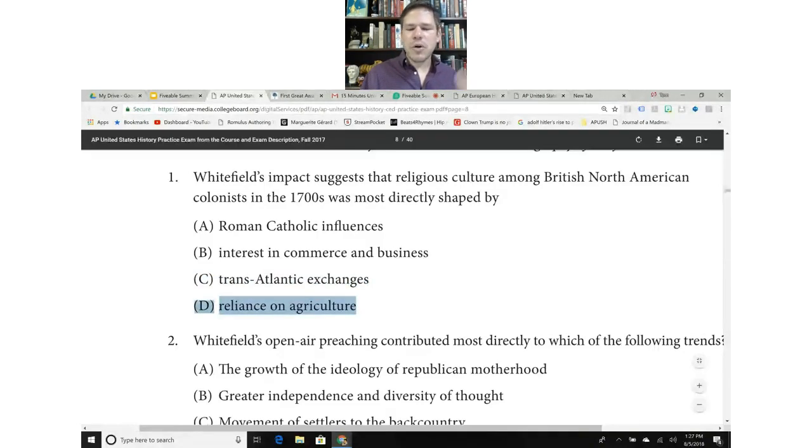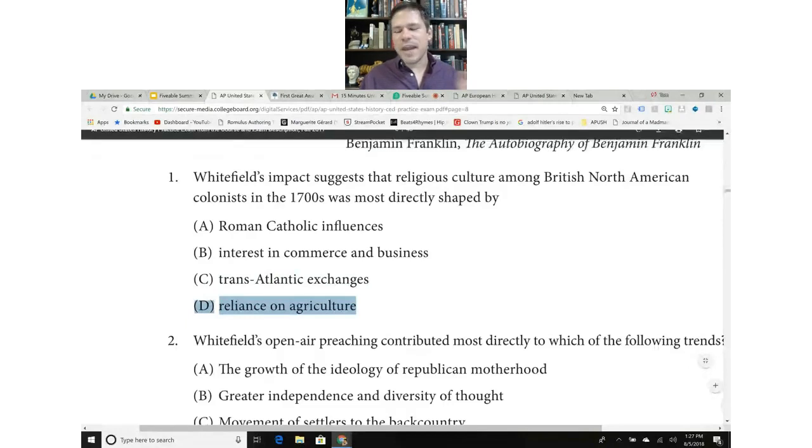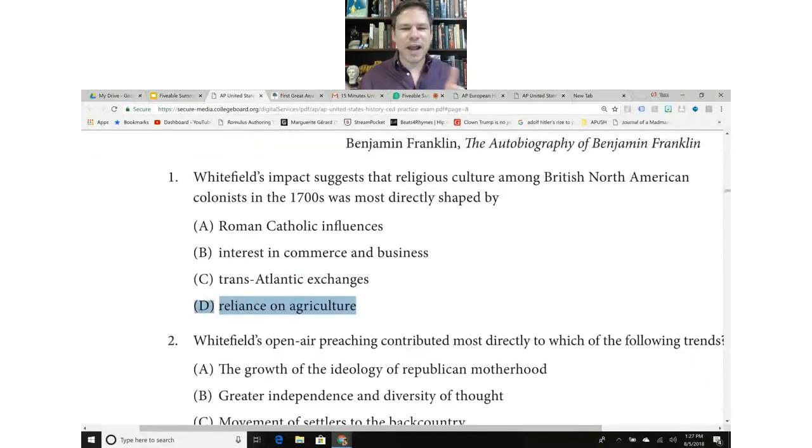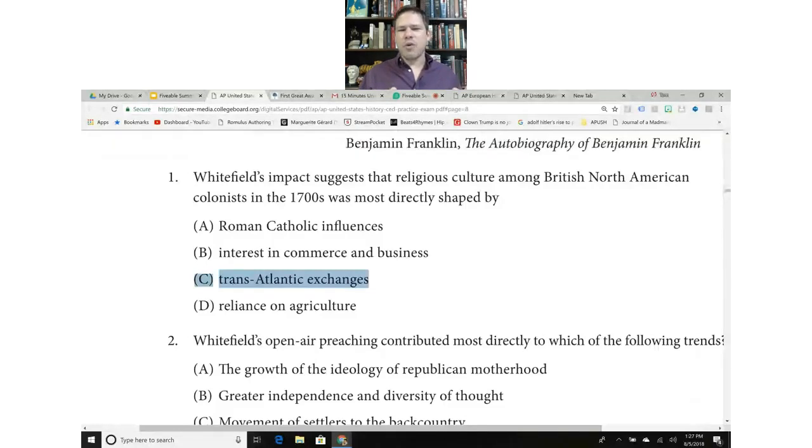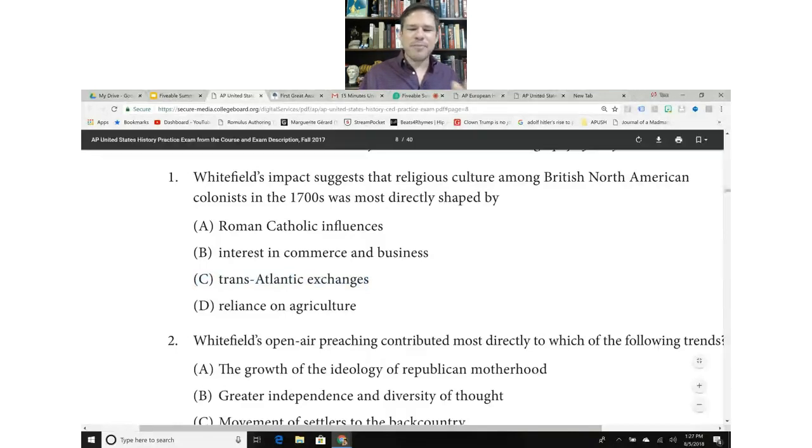Now, reliance on agriculture, that's another one that's just irrelevant. Unless you're talking about Thomas Jefferson, agriculture is not a religion. And so, as far as that goes, we've got one that's out of period, two that are irrelevant, and this one, while it might confuse students, is the one that's left over after you eliminate the out of period and the two that are irrelevant. But I think students also need to realize that when they see this language that looks a little bit over their heads, this could be the right answer.